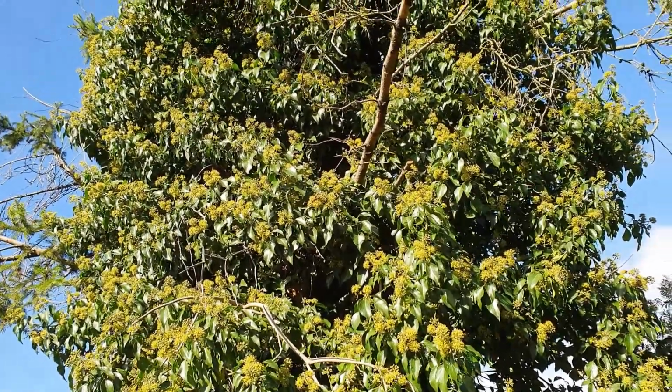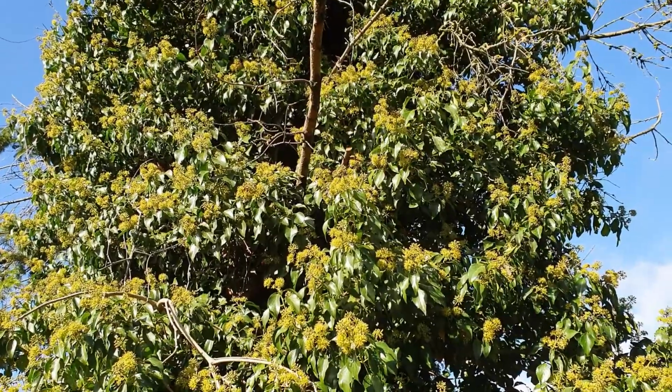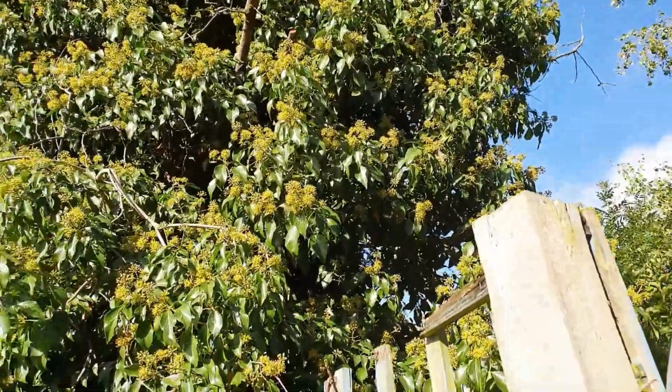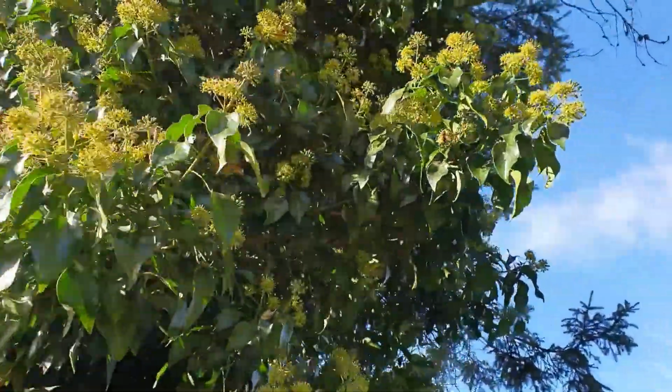How are we all? It's the 1st of October and this is ivy in flower, and the honeybees absolutely love it. They absolutely adore it. They go absolutely crackers. If I was to put you in there,